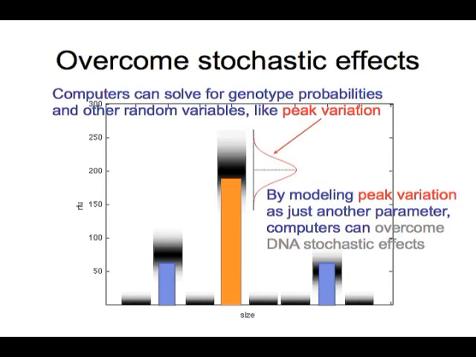Why? Because you then know the certainty of the data. When you have very broad data with very little certainty, those bell curves get very wide, then many patterns can fit, many genotype values are possible, and there's less certainty. However, if you know that the peak variation is very tight with a small standard deviation, very few patterns can match it, can explain that data, and therefore very few genotype allele pairs can explain it, and that concentrates the probability into the more likely genotype values based on the